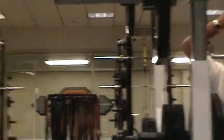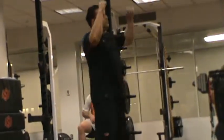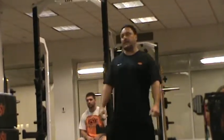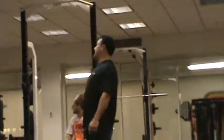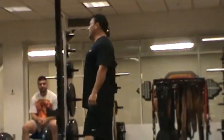Sometimes I'll also piggyback that with the weighted chin-ups, like 5 sets of 8, and then I'll have them pop down and do 2 sets of 20, just pump it out as much as they can. Also, we got the ropes that hang down over there. We'll do rope pull-ups and weighted rope pull-ups, as well as